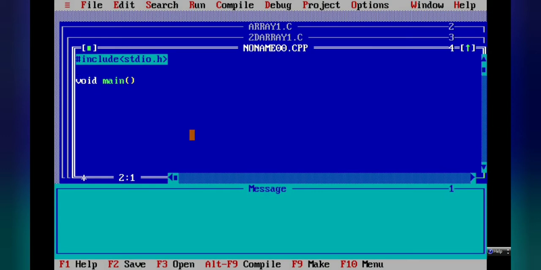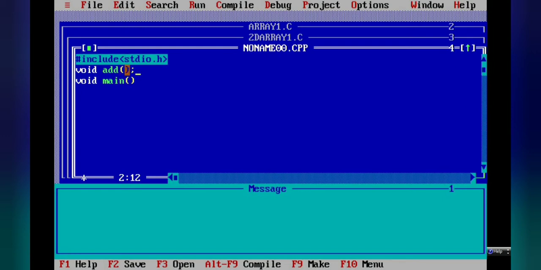Here I am going to perform the addition of two numbers. So what is the syntax to declare the function here? First is the function return type, that is void. Then after that, the function name. I am giving the function name as add. Here you have to follow the same rules that we follow to declare any variable name. Then after that, a semicolon. There are no arguments, that is why there is no data in the function brackets.